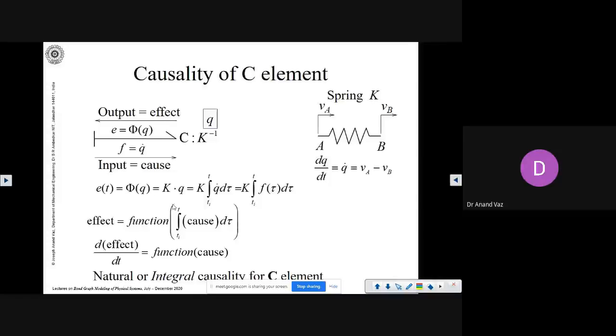Because of this integral, the spring is able to retain the past history of motion that is provided on its ends, and it integrates that and determines its present deformation and provides an output which